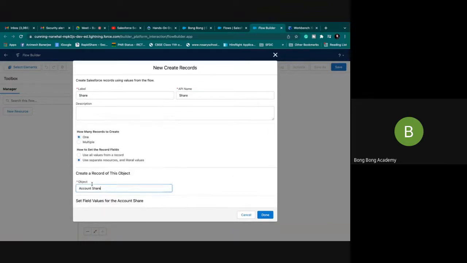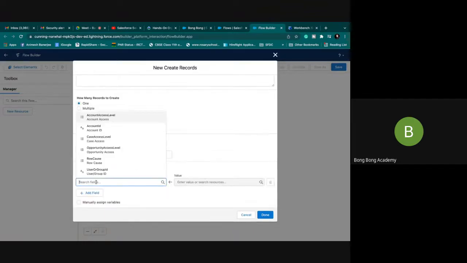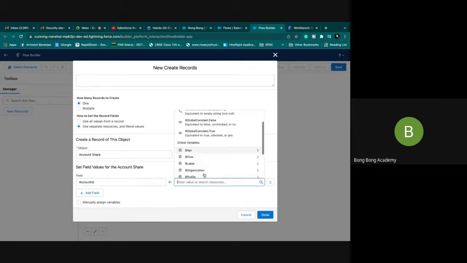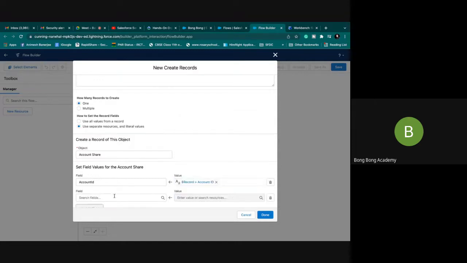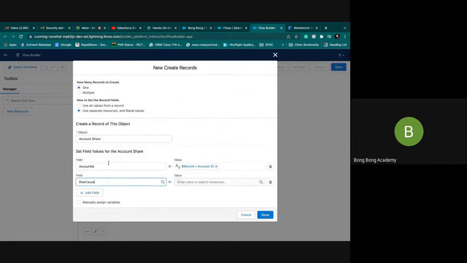Object is account share. The first field is account ID. I will share account ID, which is the record ID. Row cause is,